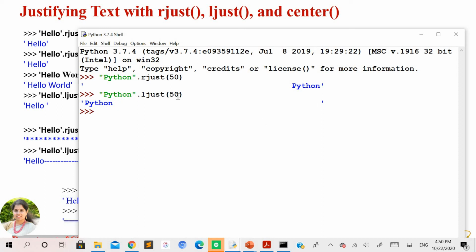In both functions we have taken only one parameter, a numeric value, to define how many spaces are considered for the justification. So by default it considers space for the justification. The same thing we can also do with one more parameter.